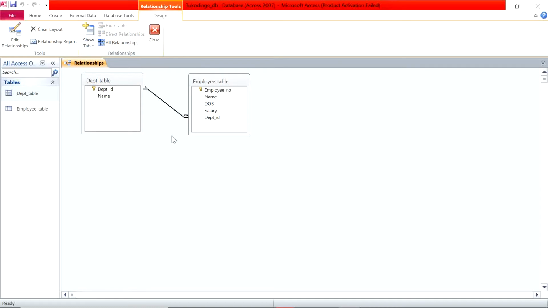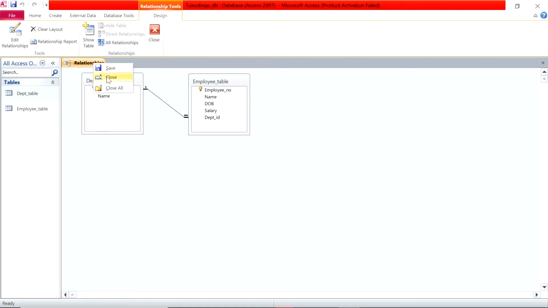How can you be certain that these tables have been created with referential integrity? When you see the nature of the relationship. Now these two symbols, the one and the infinite symbol, mean that an employee belongs to only one department, and a department can have many employees. So this is a one-to-many relationship between the two tables. So I'll go ahead and save this